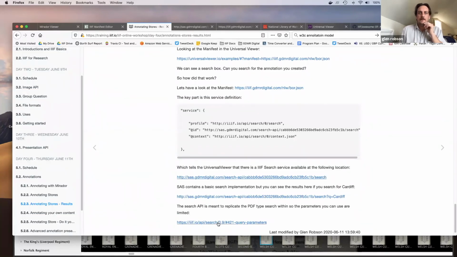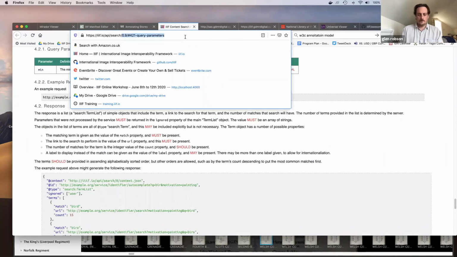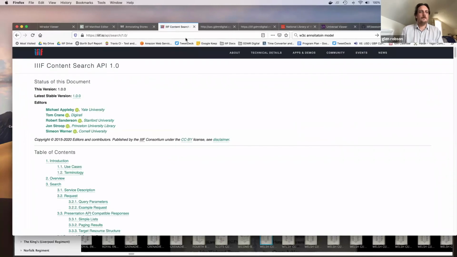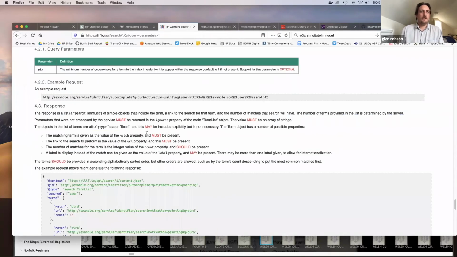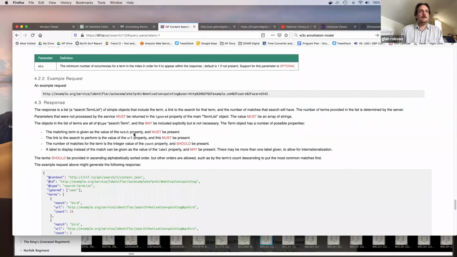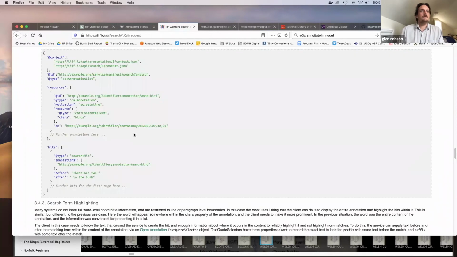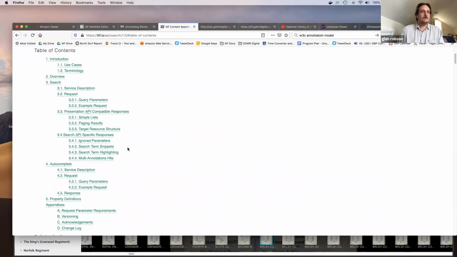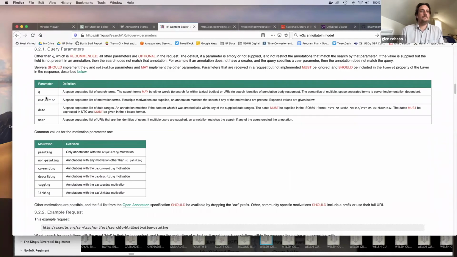You can see if you click through here, I should actually go to the latest one, which is 1.0. And the query parameters. There aren't many search parameters. So what you can search for is Q, which is this kind of full text search. There's a motivation, so we can search for all commenting. You wouldn't find painting motivations this way. You would only search for commenting, the other types of